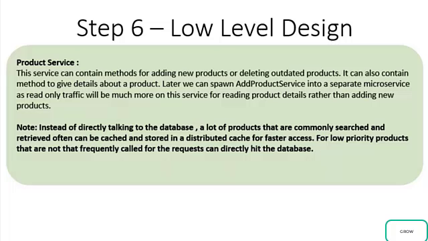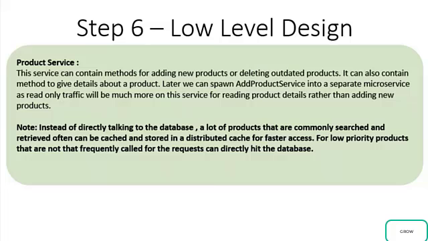You can figure out those products based on maybe analytics data, and put those products' metadata in a distributed cache. For those particular products, you can pull the data directly from the cache. You're not hitting the database, and this way your product description queries will be very